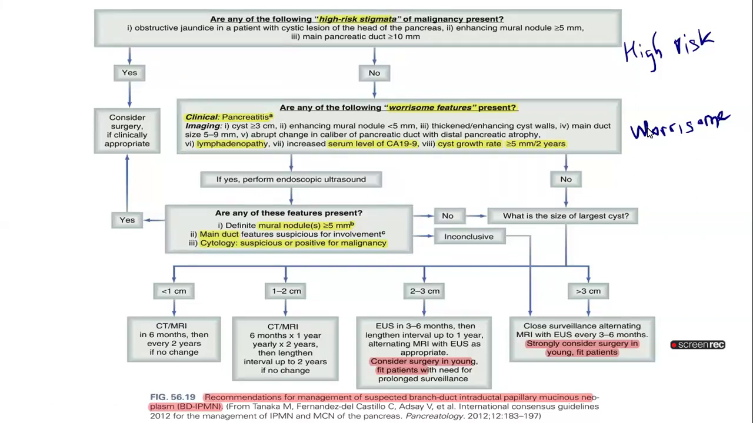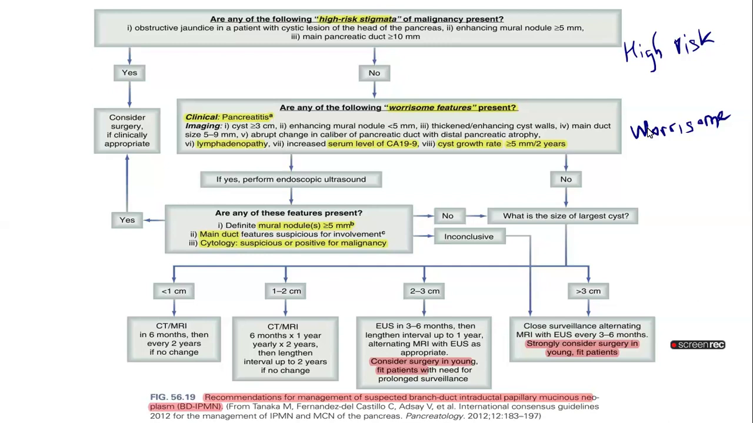And this is an algorithm for the management of branch duct IPMN. Okay. So the first thing we should see is whether there are any high-risk features. If there are high-risk features, jaundice, mural nodule more than 5 mm, or main duct more than 1 centimeter, directly we could consider surgery. If there are no high-risk features, then we should go ahead with the worrisome features. The other points,